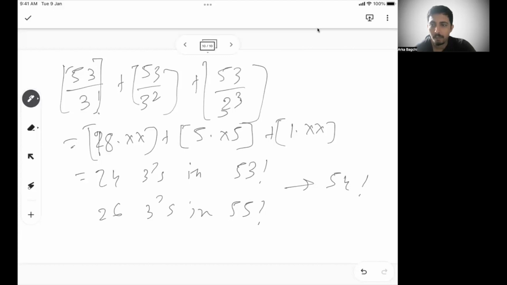So that's how you can narrow down and try solving this problem. With the options, it's far easier. You can narrow down the options and try to check them. This is how we can solve some of the successive division problems and the number of a particular prime number or a composite number in a factorial. So these are the two concepts that we wanted to cover today.